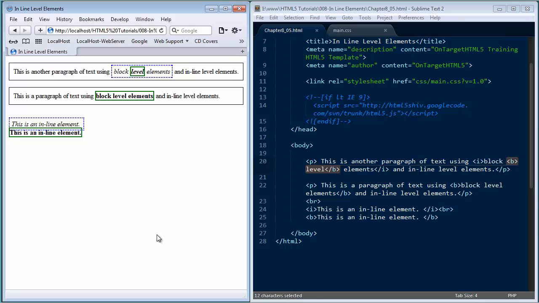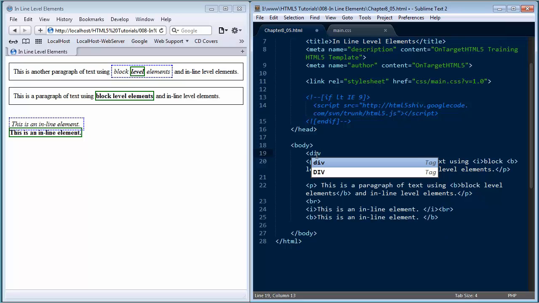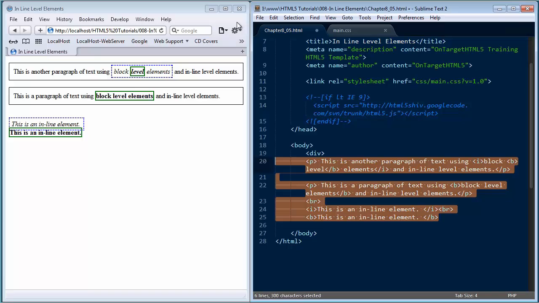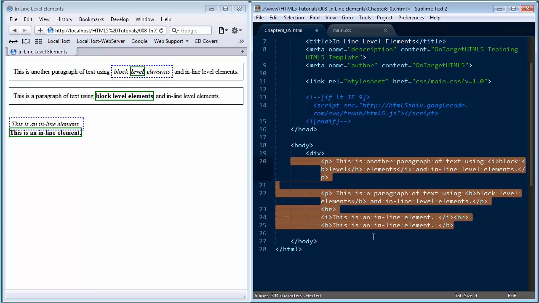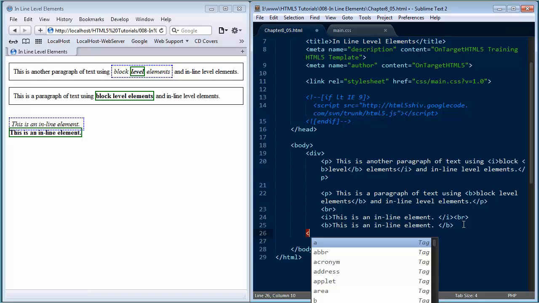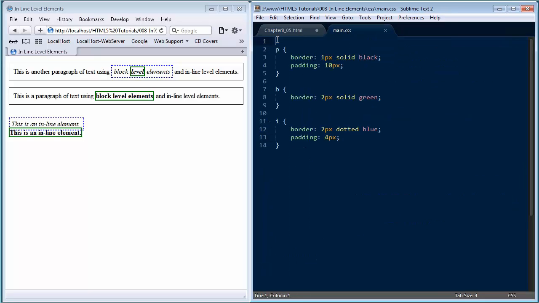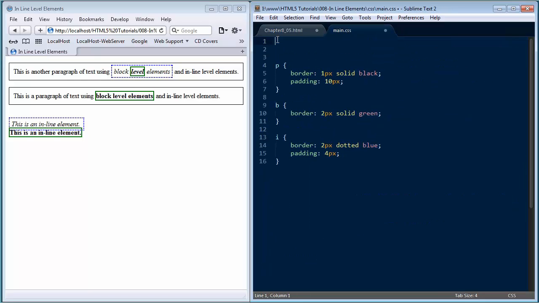And also keep in mind that we can nest. If I wanted to, I could nest this entire thing. In fact, let's do that as part of our demonstration. I can nest this entire section. I'm going to go ahead and indent this because I like to keep my indentions clean. Makes it easier for me to understand what I'm doing. Inside of another block level element, and if I went in here and put that up here, if I actually added